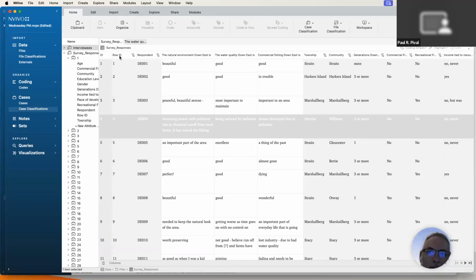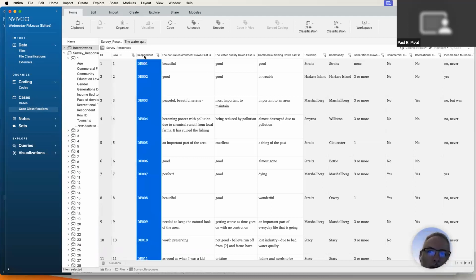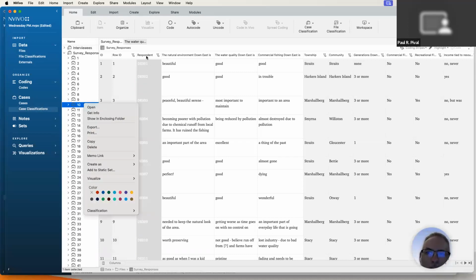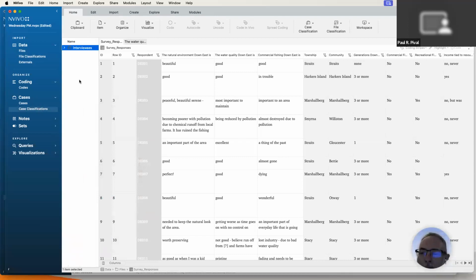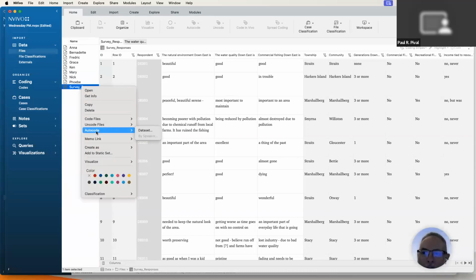I actually goofed by choosing row ID. I should have chosen respondent. I can see that here, that it's just 1 through whatever, as opposed to the respondent identifier here. So I can possibly, no, can't even just undo that. Yeah, I did. So I just hit Control Z at this point to undo the last step that I just ran. So I'm just going to do it really quick again